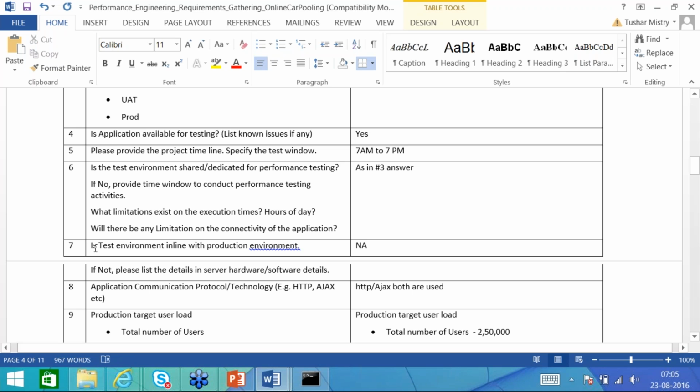Is the test environment in line with the production environment? How does it affect?